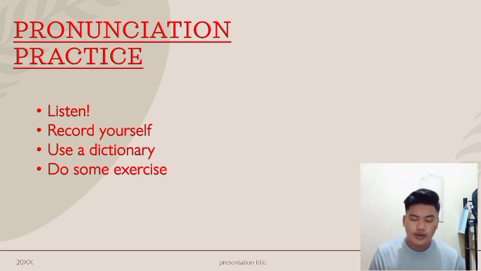To cut the story short, we should use a dictionary as a pronunciation strategy. Number four is do some exercise. It is very important to do exercises repeatedly because through repetition, we are able to practice and master a specific thing, specifically our pronunciation.